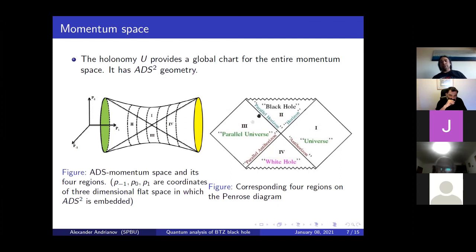As to other interesting transitions, like from the black hole to a parallel universe, white hole, we simply did not calculate yet. Of course, we will calculate. But what we expect is that all these anti-horizons, parallel horizons, are penetrable in the quantum case. There is no reason to make a hard wall.